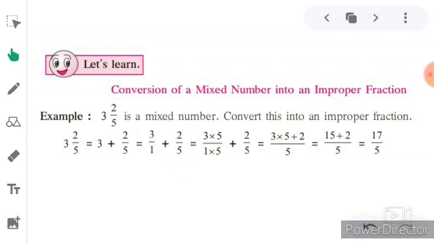So students, one more rule is there. Whenever you multiply any fraction by any number, you will have to multiply both the denominator as well as the numerator. Means here we are going to multiply 3 by 5 and 1 by 5, because we will have to take 5 in the denominator. So students, I hope you can understand.